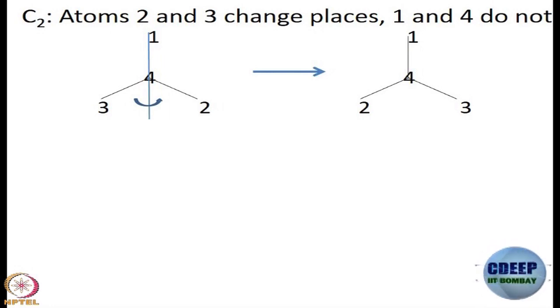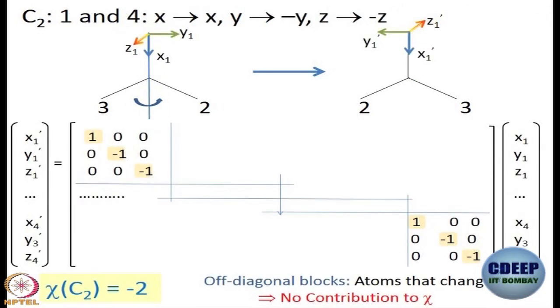Okay. So, see, now the problem has become so simple. You do not have to work with 12 coordinates anymore, you only have to work with 3 coordinates, that is all. These are the coordinates. I hope you remember, this is x, this is y, this is z. So, tell me then what happens to x1 as a result of C2? What is x1 dash? Same. What is y1 dash as a result of C2 operation? Minus 1 is the character. What about z1 dash? It becomes minus, right.